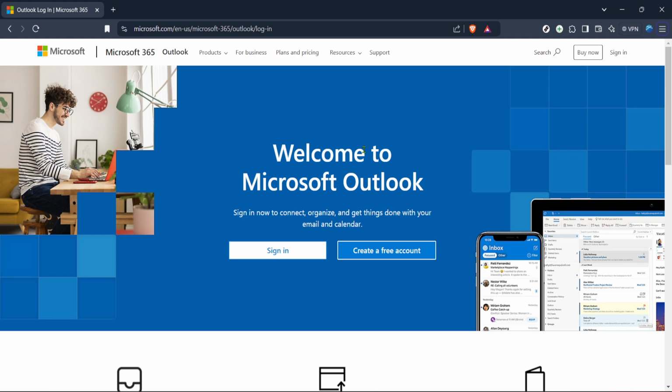The first thing you need to do is head over to the official Outlook website. To do this, open up your web browser and go to the Microsoft 365 Outlook login page. Once you're there, look for the sign in button, which is typically located on the top right corner of the screen. It's worth noting that this is an important step because signing in gives you access to all your Outlook